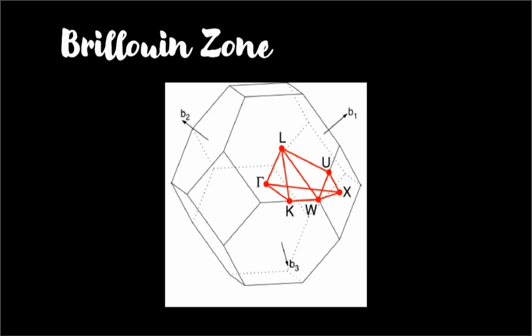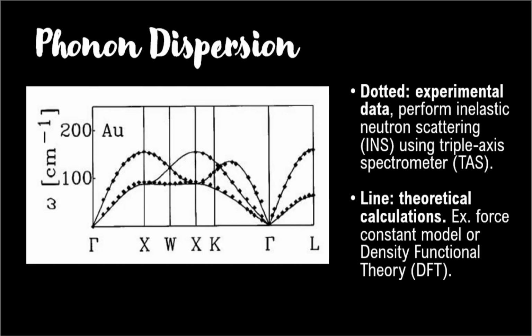So this is the Brillouin zone of FCC. This is some labelling on the Brillouin zone. This is only a part, because if we turn to another direction, it is also a replicate of this type of axis. For the phonon dispersion, this graph I took from one paper, and the dotted line represents